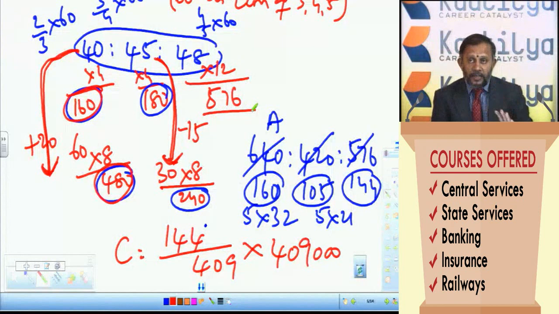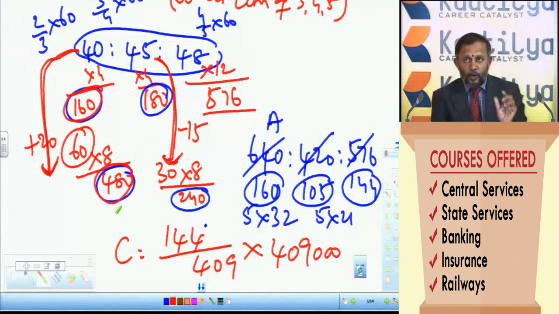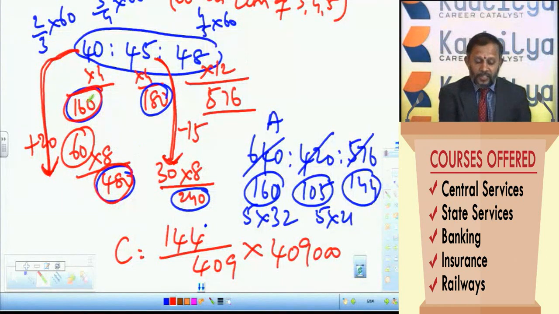So all these elements that I have mentioned orally should be presented in a structured form. The investment of A for the first 4 months is 40. So 40 into 4. Next, the investment of A is increased by 50%. So you have to calculate 50% of 40 as 20. So 40 plus 20, 60. The 60 remains constant for the next 8 months. So 60 into 8, 480. Therefore, the total investment of A is 160 plus 480, which is equal to 640.